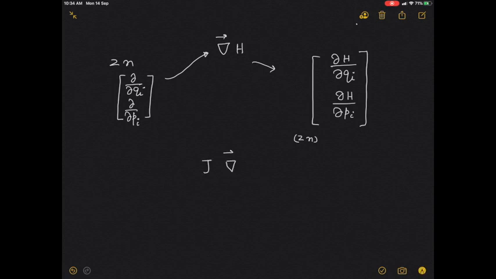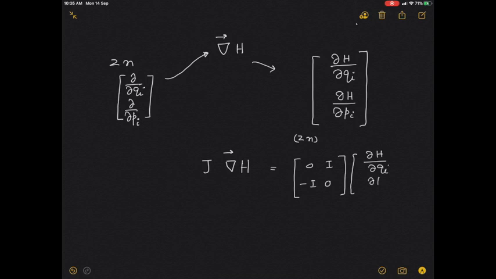Then I calculate this J times gradient of H. So essentially multiply this by J, which is 0 I, minus I 0,